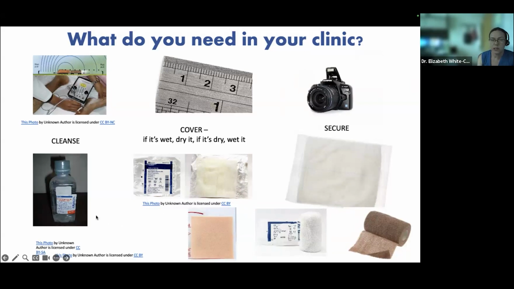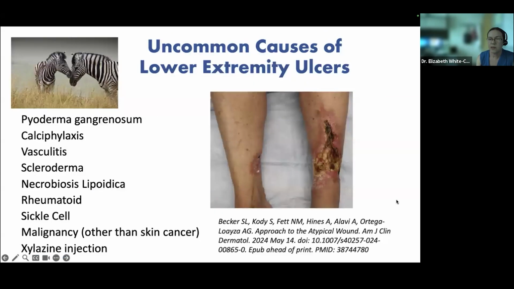Cleansing. So there's some really easy ones, having normal saline, sterile water, but also Dakins, a 0.125%, or even acetic acid, 1%. And there's some easy ways to make that up in your clinic. And we can even send that out to the people on the call today on how to whip that up. Dakins is great for wounds where people are coming in where you're worried about their having a major infection. Acetic acid is really great for that heavy green drainage where you're worried about Pseudomonas. And then thinking about your primary